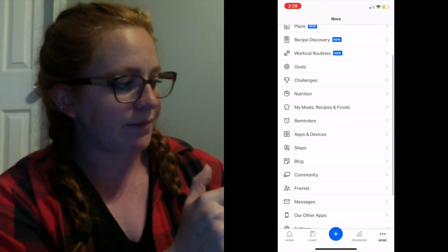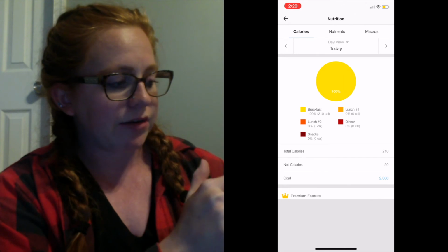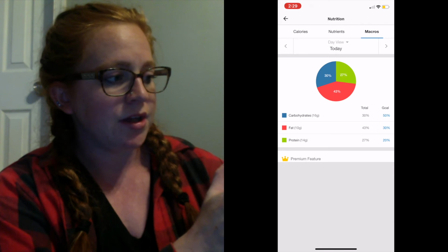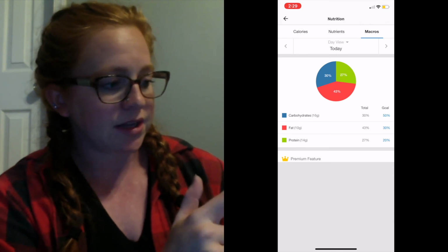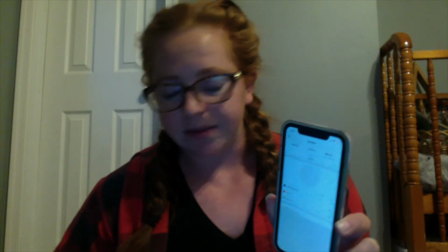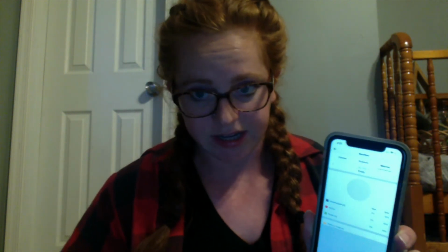But one thing that I really like to look at, besides how we split up our breakfast, lunch, and dinner calories like I talked about before, is your macronutrients. That's your proteins, your carbs, and your fats. So you can do that by going to more. You're going to hit this nutrition tab, and then you can see here a little pie chart about how it breaks out your day between breakfast, lunch, and dinner. But go ahead and hit macros, and here it's going to show you how your day is kind of split up. Now this only has my breakfast in it for the day,